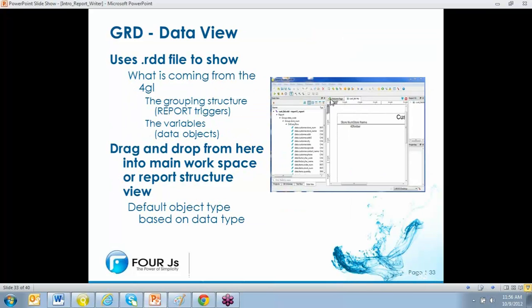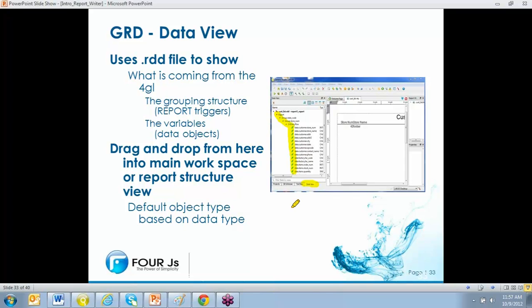Now here's the data view that we've been talking about. This is the reason that we have to create this RDD file or schema file, for the report designer data view. So here we have a better screenshot so you can actually see the data view, except it's awfully small so it makes it hard to see. There it is down at the bottom, and we've selected that data view for the screenshot, and you can see here that here's all of our grouping